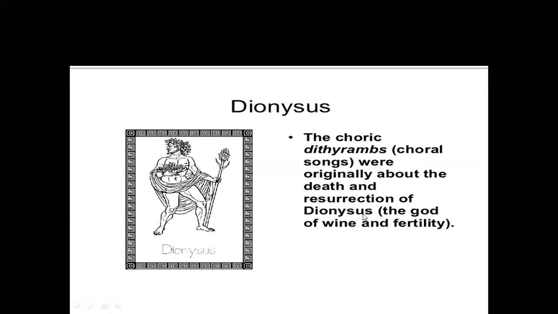Okay, so this is the god Dionysus, and he was the god of wine and fertility, and in ancient time, people usually believed, if you read, there is a great book written by James Frazer. The name of the book is The Golden Bough. In The Golden Bough, you are going to get the death of God and the resurrection of God, which is closely associated with their